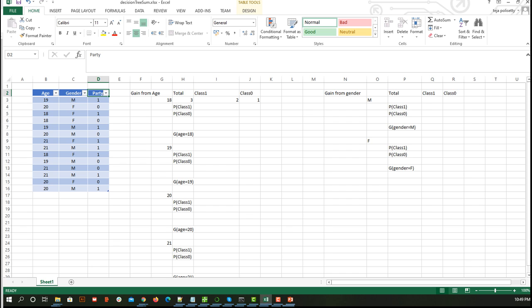Now party here is a categorical value. It is going or it is not. So for that we are going to use something called Gini. Our intention is to see the information gain. Whichever provides us the most information gain, we are going to go with that. Because this party is our categorical value, we are going to use the method called Gini.